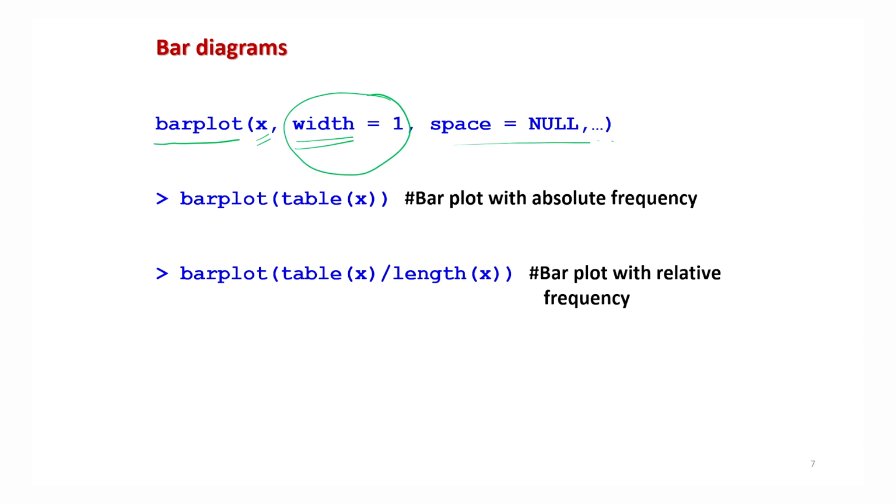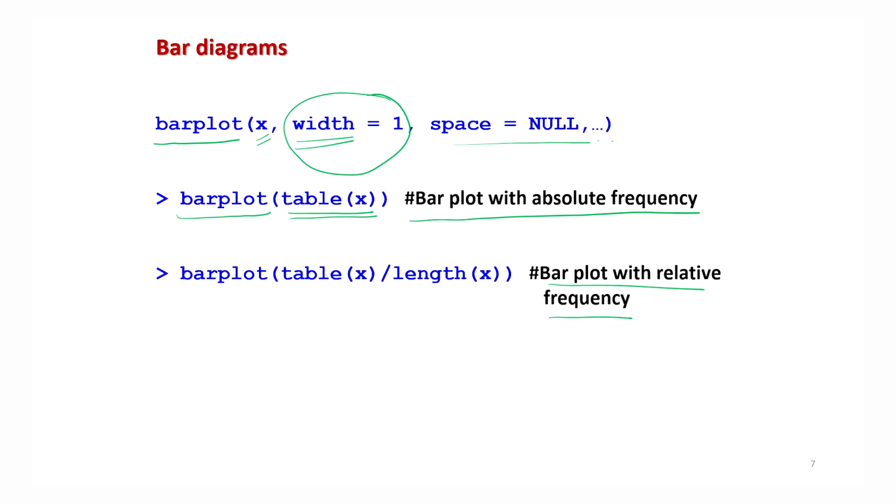Right. So if you are interested in creating the bar plot with absolute frequency, then the simple command is barplot of table of x, because this bar plot is created for the tabulated data. It means all the raw data is converted into different groups or classes, and then the frequencies of those groups or classes are plotted. And if you want to plot the bar plot with relative frequency, then the frequency is divided by the total number of observations, I mean the frequency of the data divided by the total number of observations.